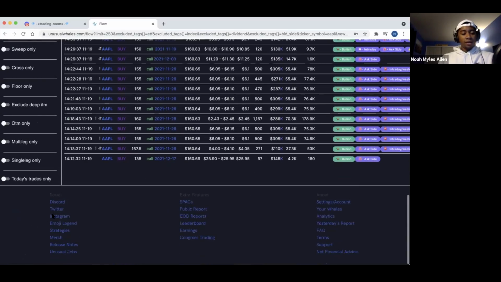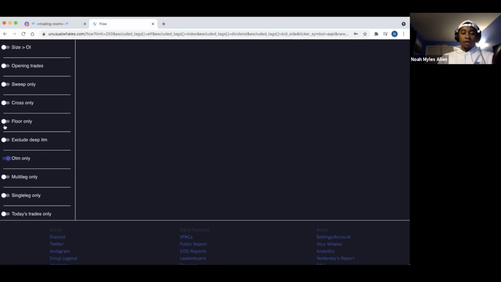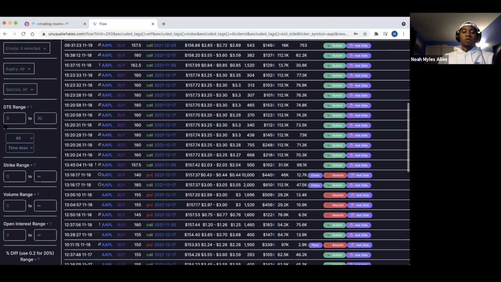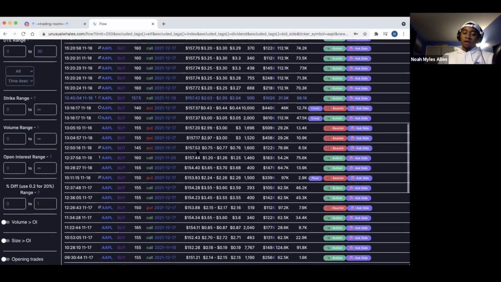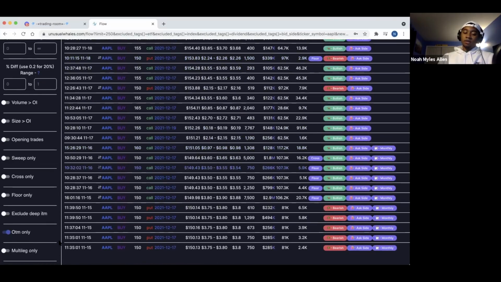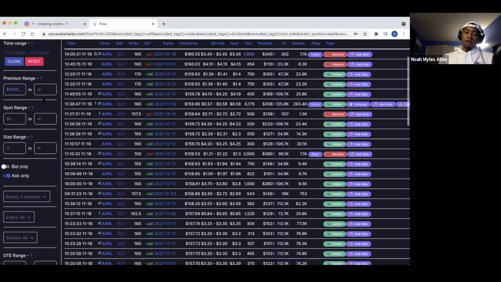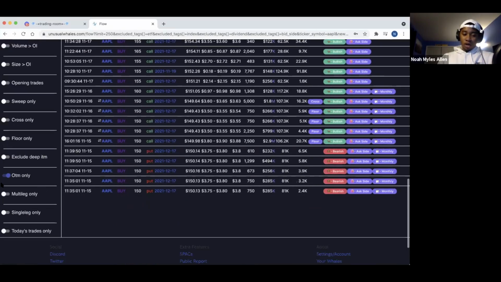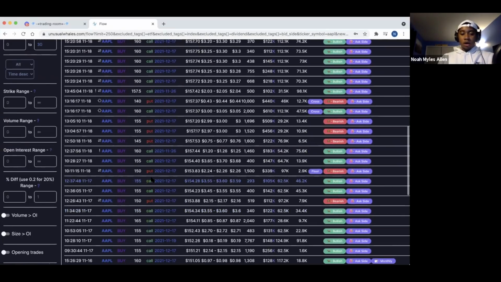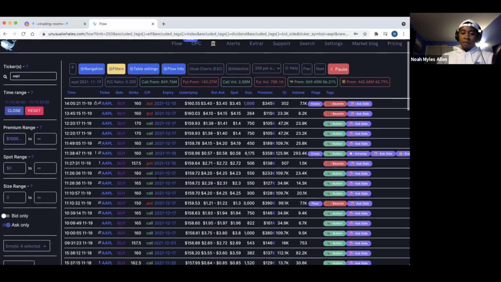And then the one last thing that I'll do is click the out of the money to make sure that I'm looking at people who are making directional bets, not some of these massive in the money hedges that you'll see throughout the day. I want to see aggressive bets that are directional. So I'm going to go ahead and take the out of the money contracts. So now that I've got all my filters in, which are again my 100,000 premium, ask only, 30 days to expiration range, and my out of the money only contracts here, I will go ahead and take a look at